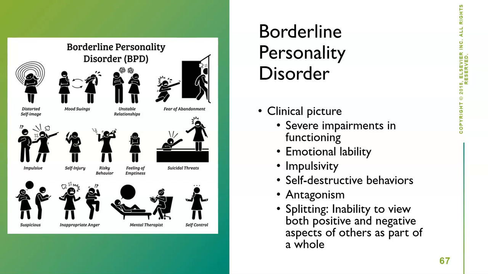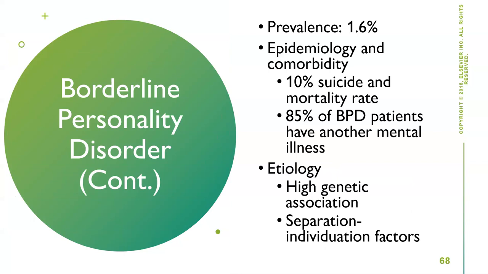If they come in, again, we're going to see these most often in treatment because of depression, anxiety, suicide, self-harming behaviors. They are going to have repeat hospitalizations. There is a 10% suicide rate. So we have to focus on safety. They are going to use healthcare services more than others. They're going to have lots of other different disorders. We do see this 5 times more common in those who have a first-degree relative. So if you have a family member with borderline, you are more likely to see it.